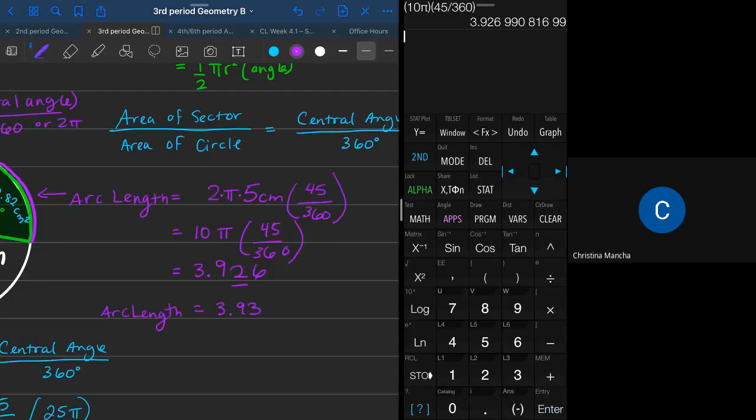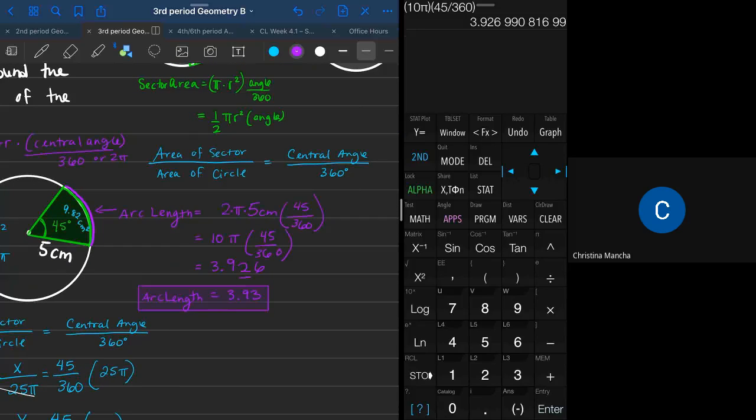And so then that there is the arc length. Okay. So let's go ahead and I'm just going to change all my calculations to blue just so that